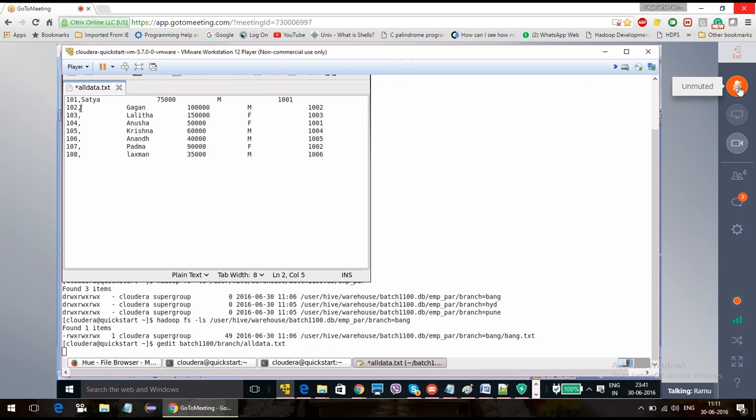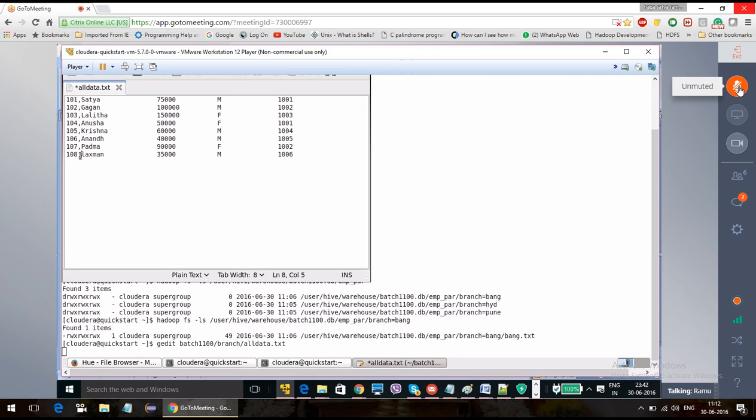If it is Hyderabad.txt, it is coming from the Hyderabad branch, so we consider that Hyderabad data. Whereas sometimes they will send the file in another way. That is one type of file sending, and this is another type.